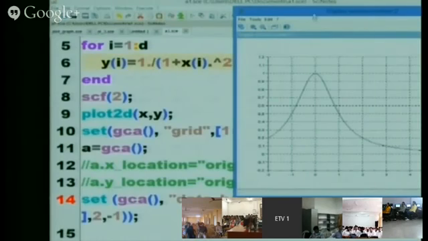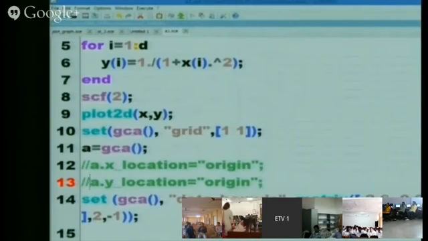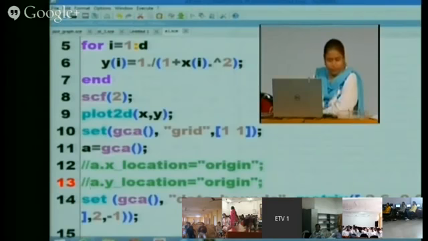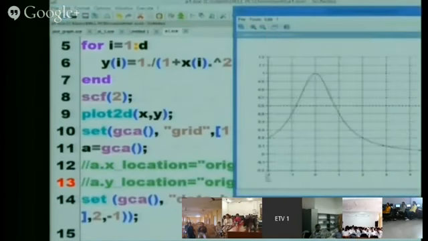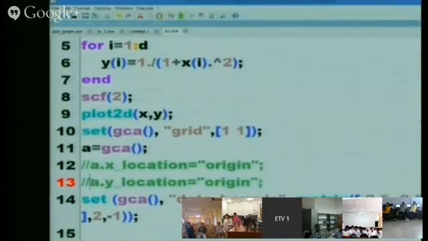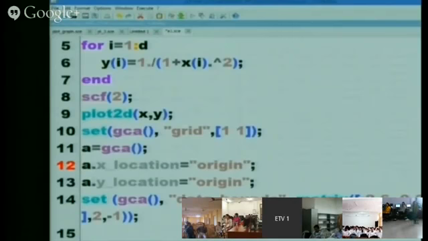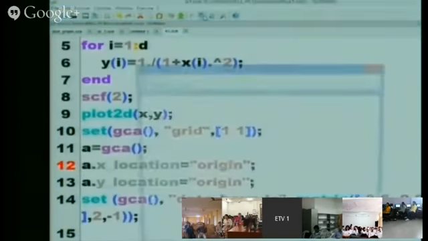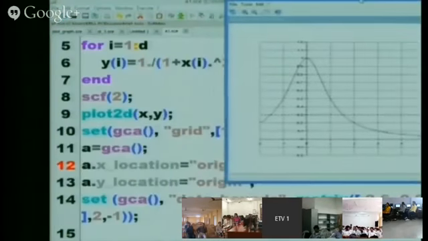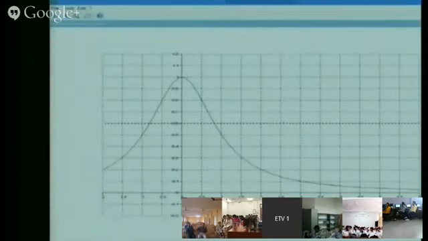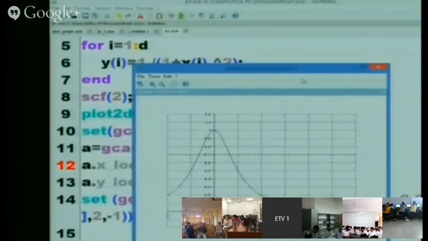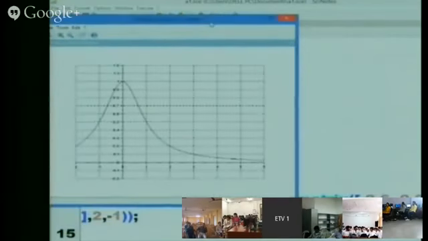Then this set GCA is saying that you are getting this matrix -2, 6. See, -2 to 6, this is the X axis which you are getting.